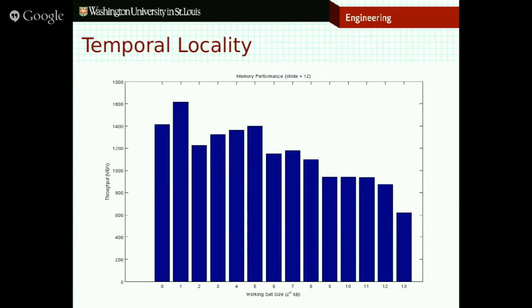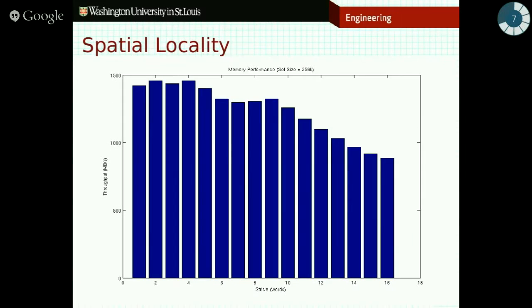So you can see this is for a stride level of 12. You can see again, as the working set gets larger and larger, the performance suffers as a result. That's a decrease in temporal locality. For spatial locality, whoops,